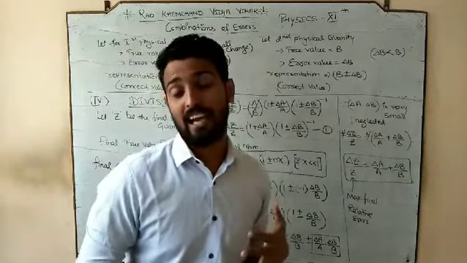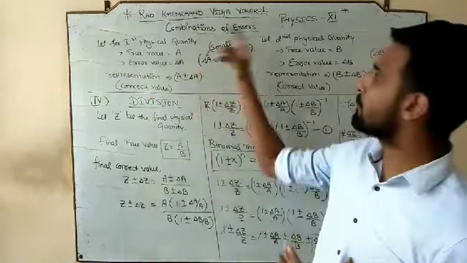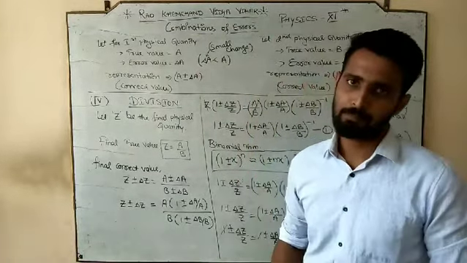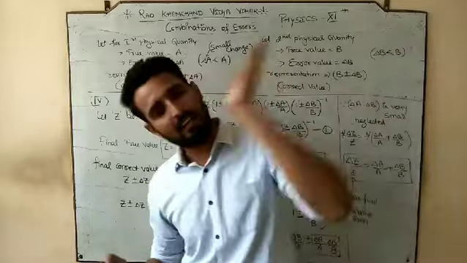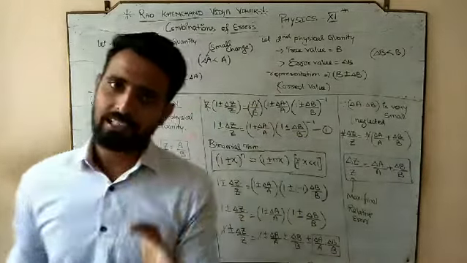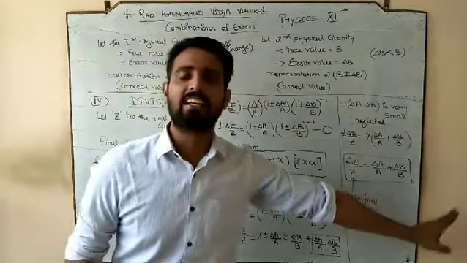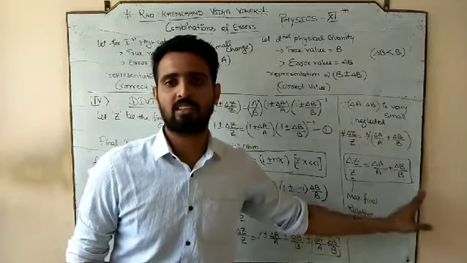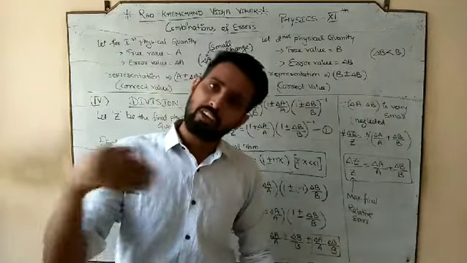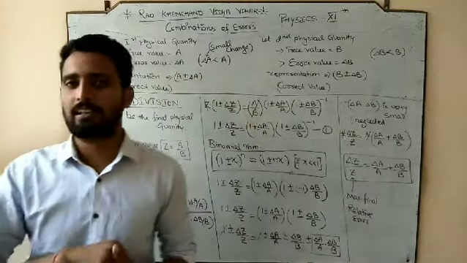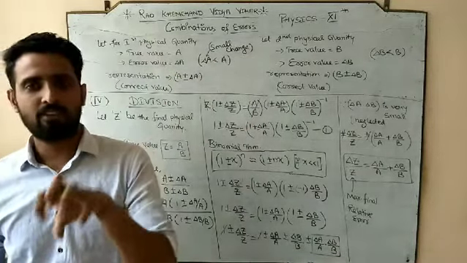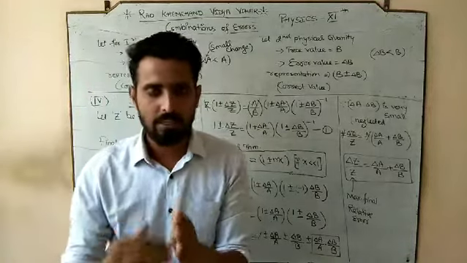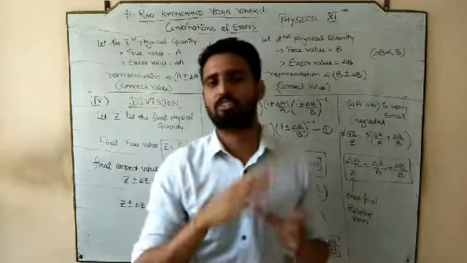But about the errors, because the topic was the combinations of errors. For addition, errors add. For subtraction, errors again add. For multiplication, relative errors add, means the final relative error is equal to the relative error of the first plus the relative error of the second. And for division, again relative errors add. Means the result for the errors in addition and subtraction is the same, and in multiplication and division is the same.